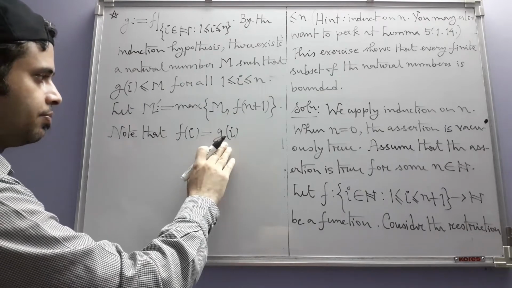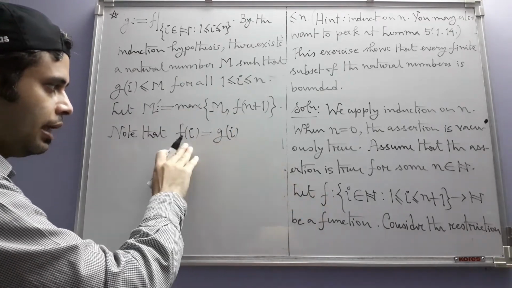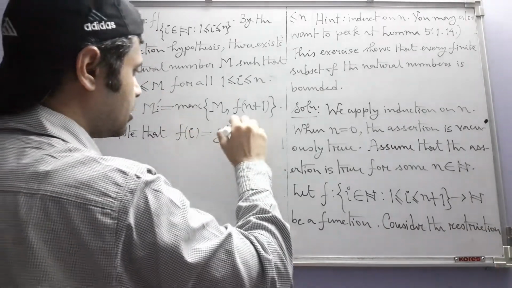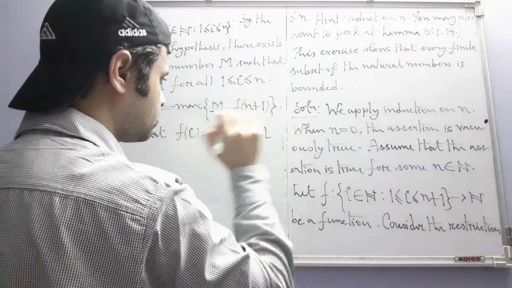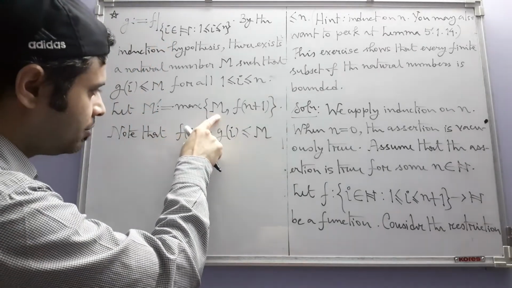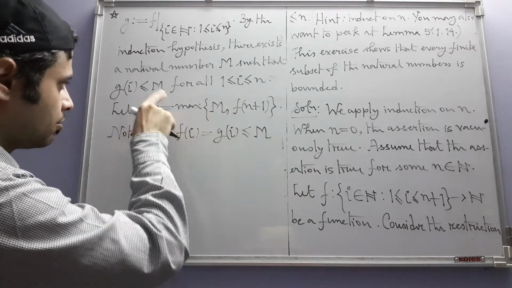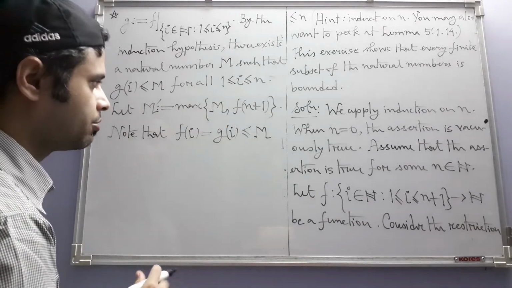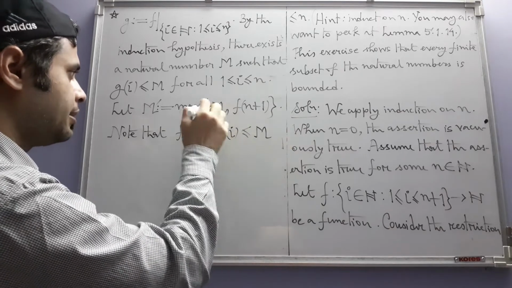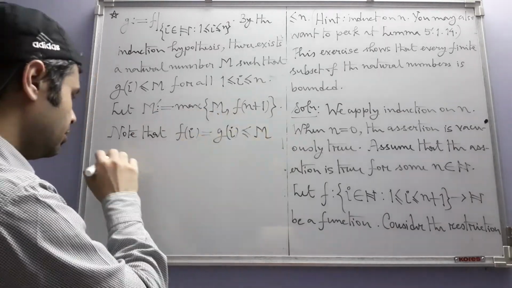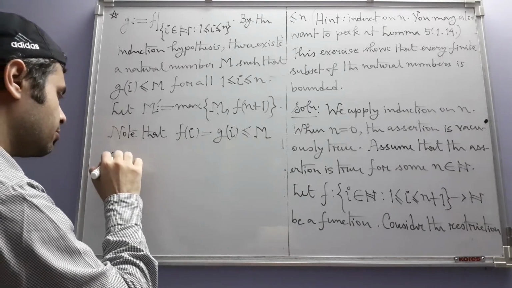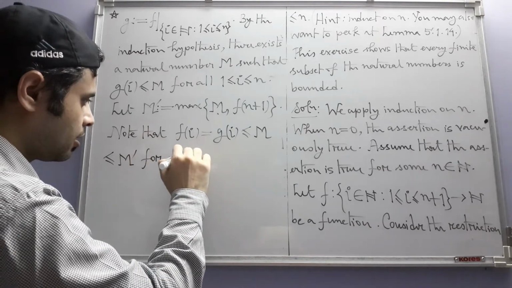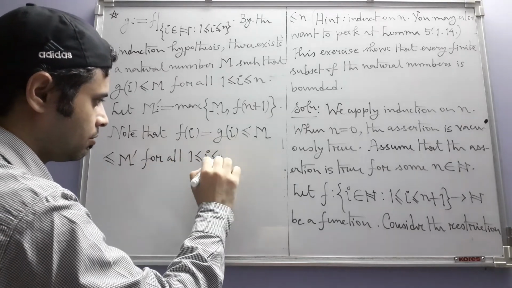Because in that portion of the domain f is nothing but g by definition, and from this condition we already have this. Now I want to say that m prime is the bigger one between m and f of n plus 1. So in any case, either m prime is m or this one. In any case, m is less than or equal to m prime for all natural numbers i lying between 1 and n,